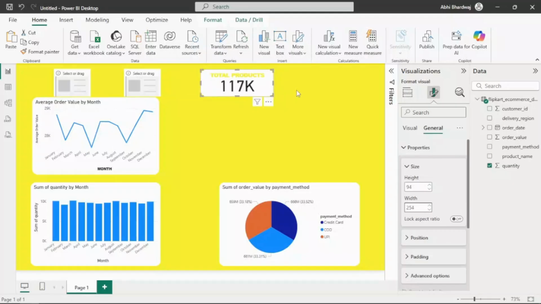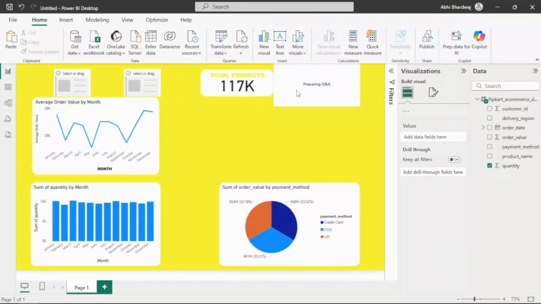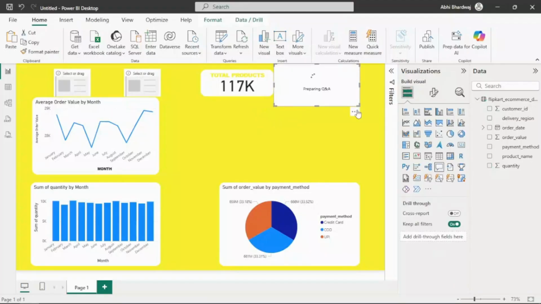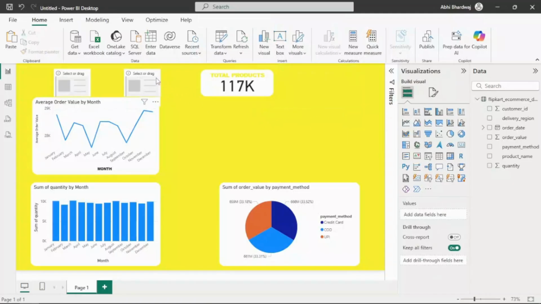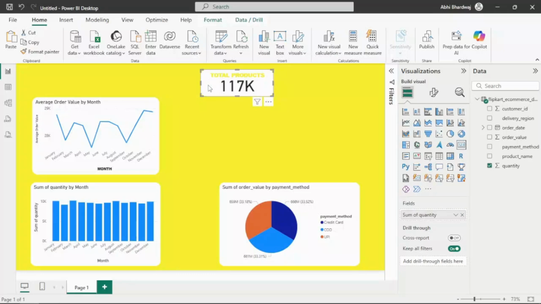Okay, perfect. Okay, so I want my other KPIs to look like this only. So I'm deleting the other cards which I created earlier. So I'm gonna just copy this one, and I'm gonna